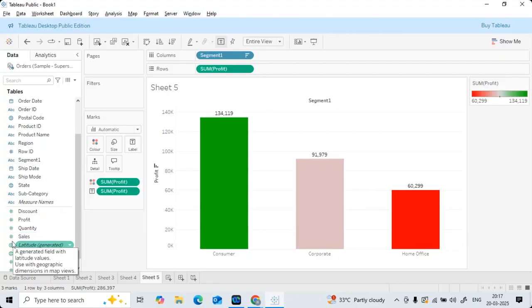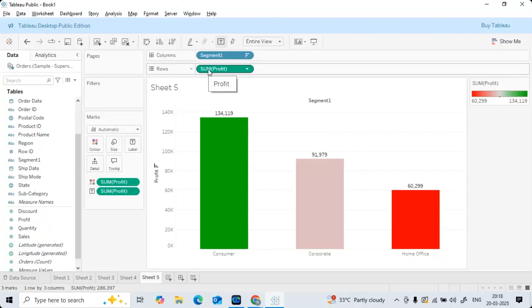If you directly drag and drop any measure, the aggregation performed is sum. If you recall in Power BI, country-wise total sales: directly dragging and dropping sales automatically performs an aggregation, sum of sales, total. Now here also, when you drag and drop profit, you're not getting profit, you're getting sum of profit, total profit. By default, you get aggregation.